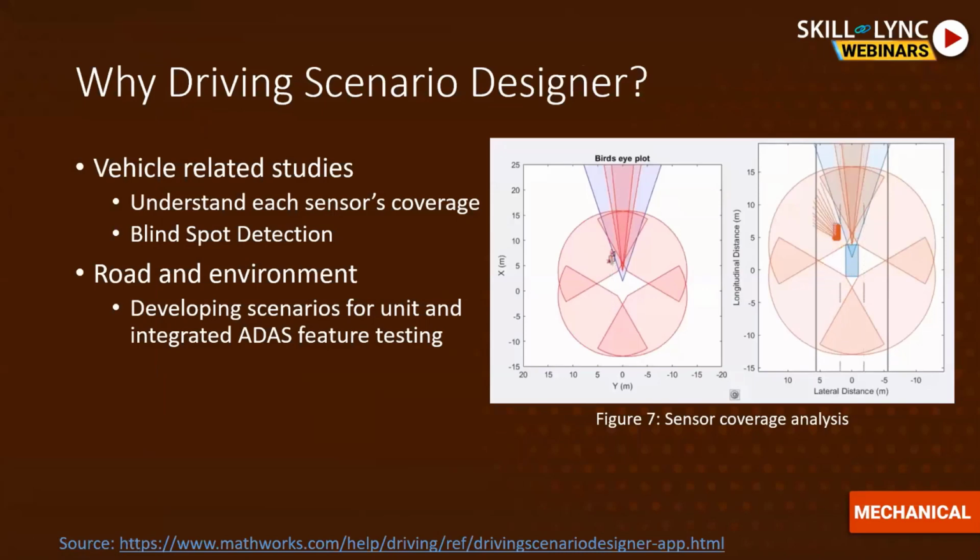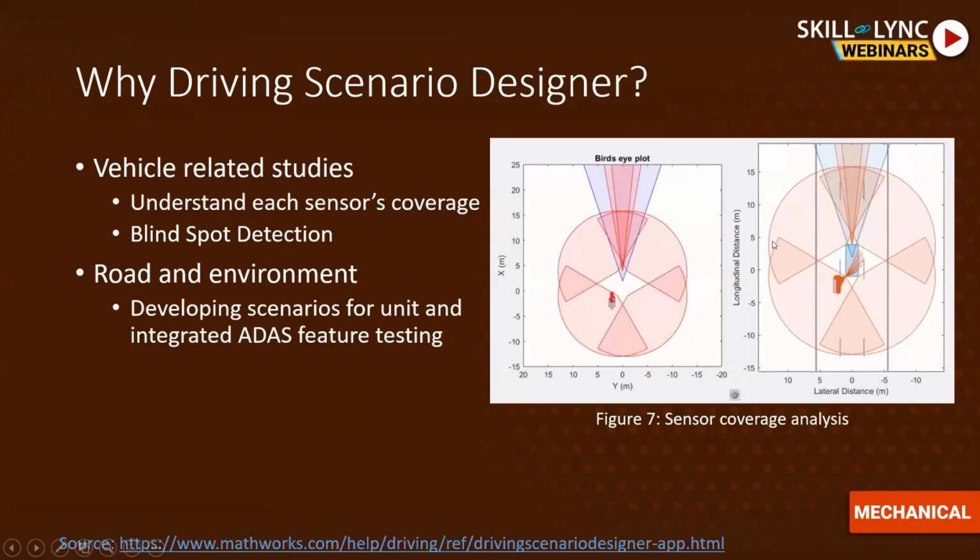The second app we'll be looking at is the driving scenario designer. So like I mentioned earlier, once we build the different features in level 1 and level 2 for autonomous driving, I want to test the various features. So let's say in this specific case, I want to see whether my sensor placement is right or wrong. In this example, I have used 5 sensors, which are radars displayed in black in color. And then there is the blue colored one, which is the vision camera.